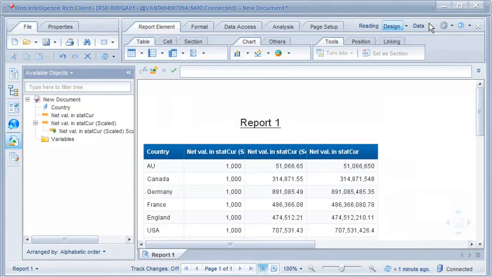The third column in the table displays the scaled net value results, and the second column displays the scaling factor, which in this case is 1000. The fourth column displays the standard unscaled measure. We can work with scaled values in our document and use the scaling factor attribute to calculate unscaled totals when